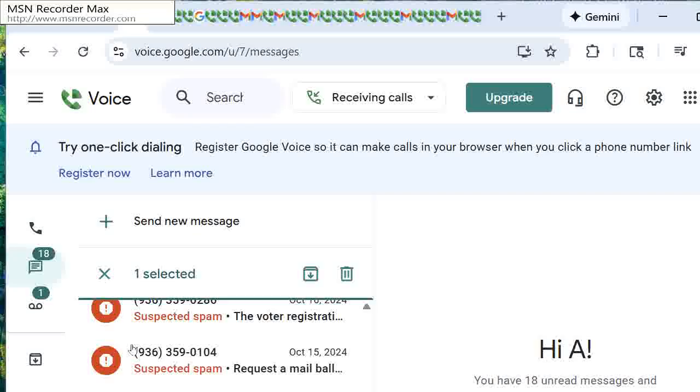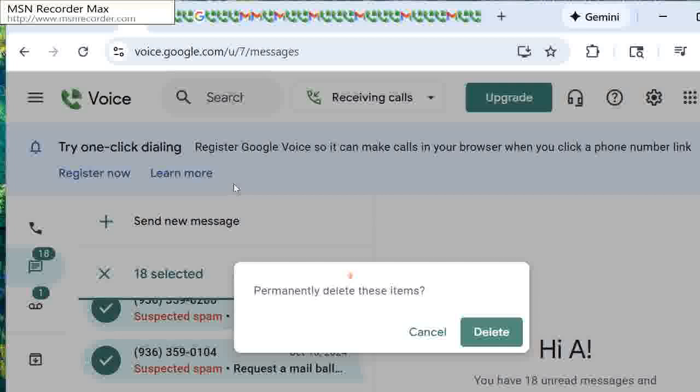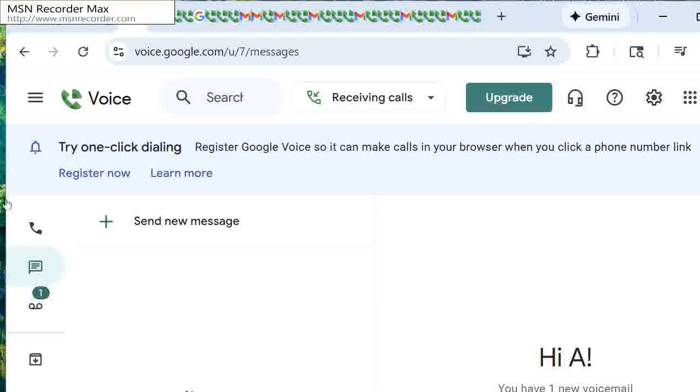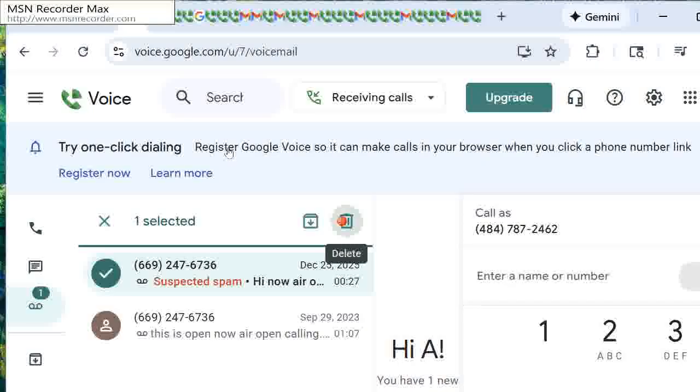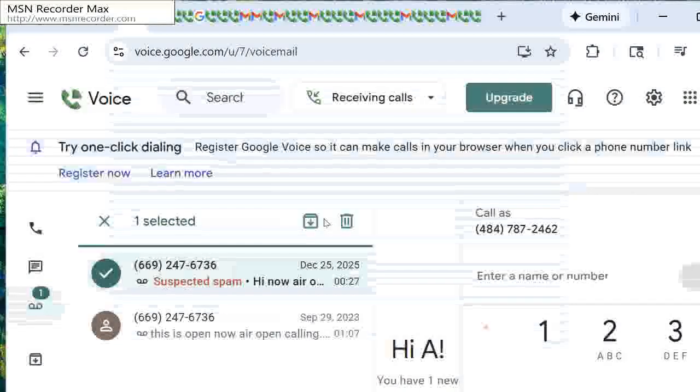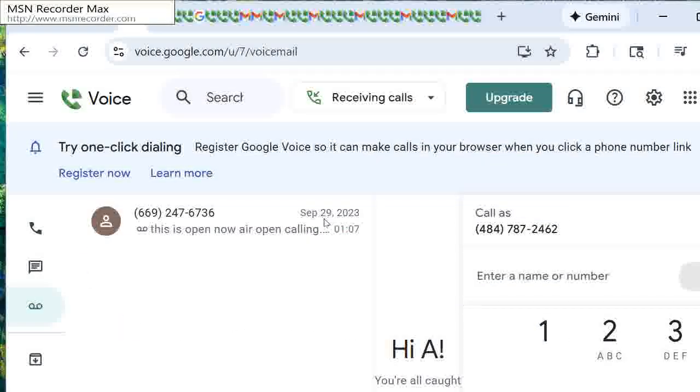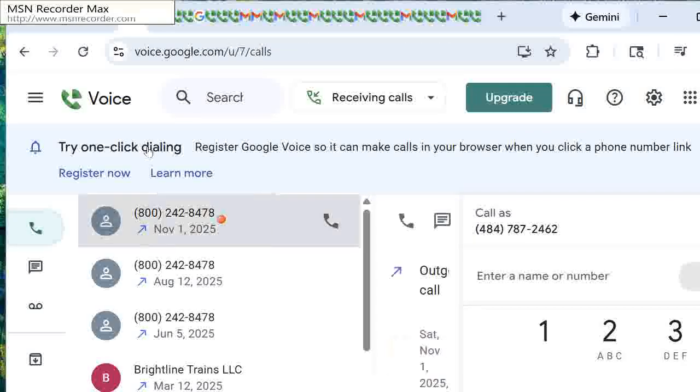Yeah, wait a minute. I noticed that I have a lot of spam. So I have to delete the spam. So I clicked on the message icon for Google Voice and I went to the first account. I hold the shift key and click with the mouse and then I scroll to the very end and I see that I have a huge number of spams. So I pointed at the last one, hold down shift and click it gently, then